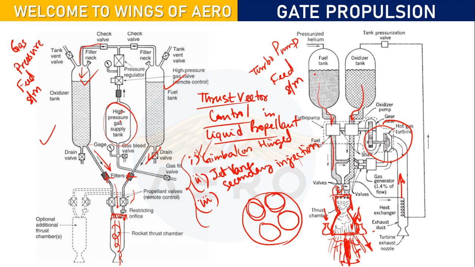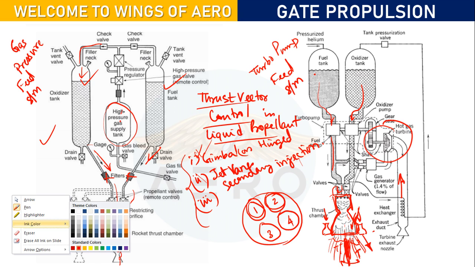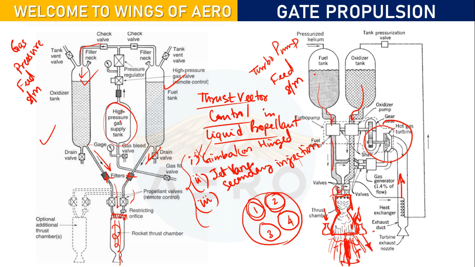If this is the main thing, these are 1, 2, 3, 4. You have 4 nozzles. I'm showing this from the back end. Now if I am activating 1 and 2,